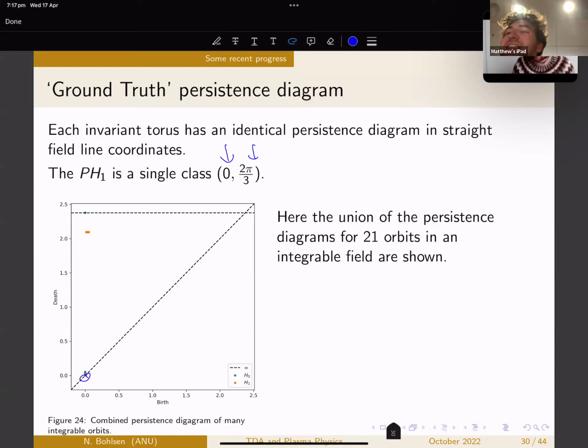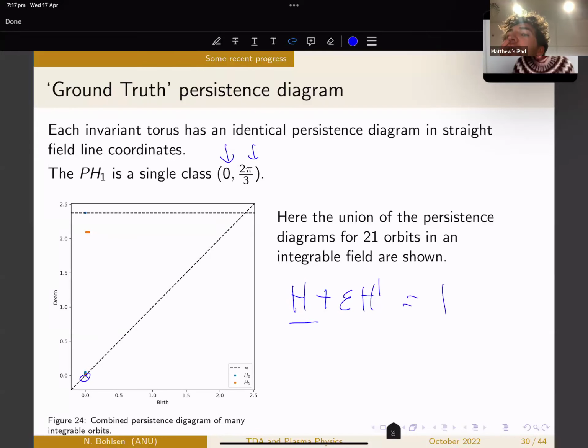Personally, I want this in order to build... What I want to actually do is use this to say I've got a Hamiltonian, and you can imagine it as a field line Hamiltonian for a 3D field, for a stellarator. The problem is that in order to get my classification to work well, I actually need to be in straight field line coordinates of a nearby integrable field. So what I actually want to do is work out how to take a field and find a nearby integrable field. So you go and parameterize the action angle transformation and a perturbation to the field, and you seek a